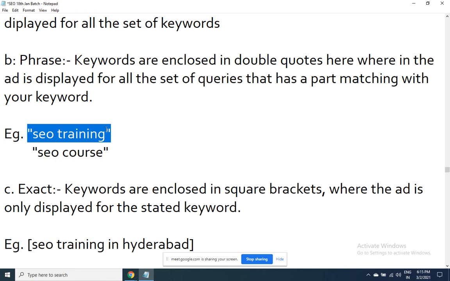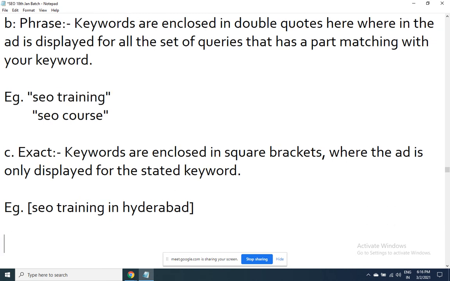How should I avoid those negative keywords preventing my ad? I don't want my ad to get displayed for the negative keywords. So for that we use the fourth modifier, called negative. Example, someone is searching with free SEO training. Search volume is very high. And there your ad will always get displayed in the first place because no one is displaying an ad. Even at 1 rupee your ad will get displayed.